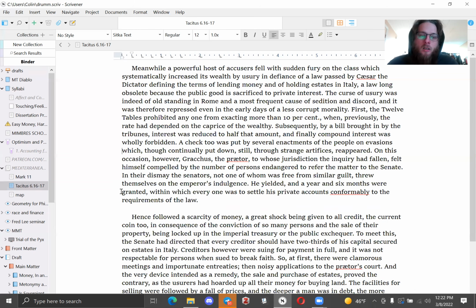What happens? The money's being hoarded in the state treasury, and this means that monetary transactions are going to have to shift to credit. So there's more and more credit being levered up, including credit that's collateralized by land. For those of you who are familiar with French Revolution monetary history, you'll see some parallels here. But then the debt grows. The compound interest on the debts creates a problem. And now the credit is exposed to political risk. There's the risk that there's going to be legislation that's going to repress credit.